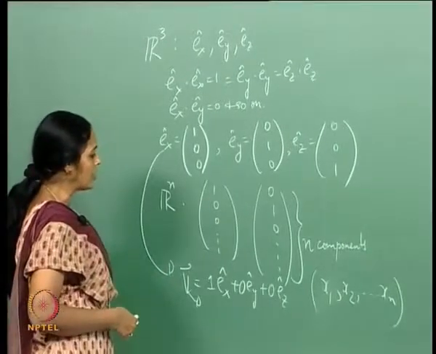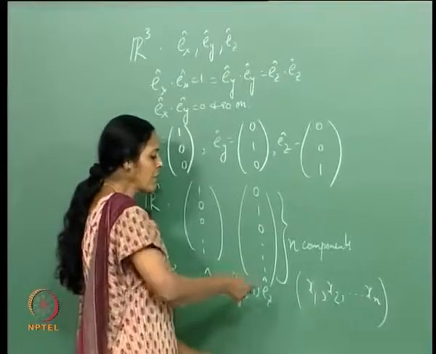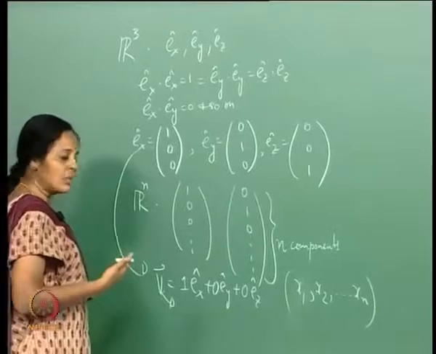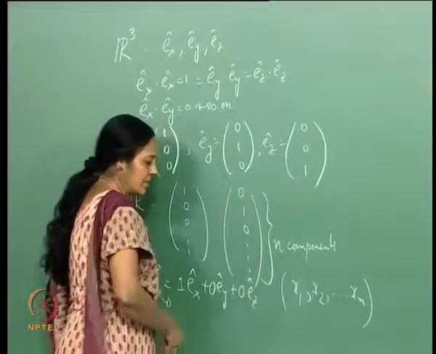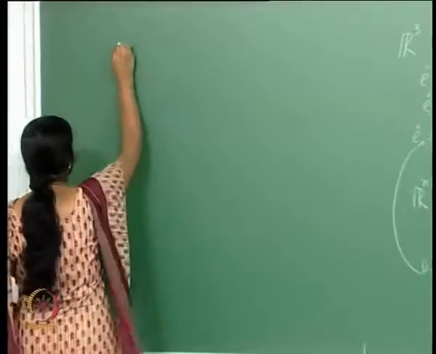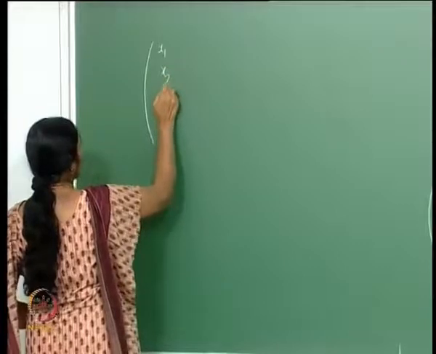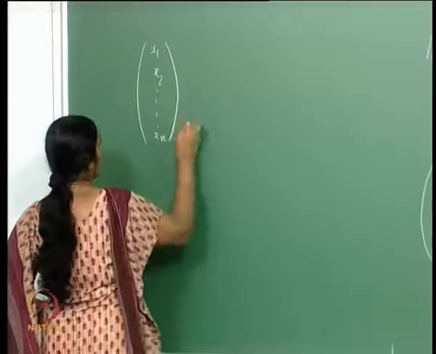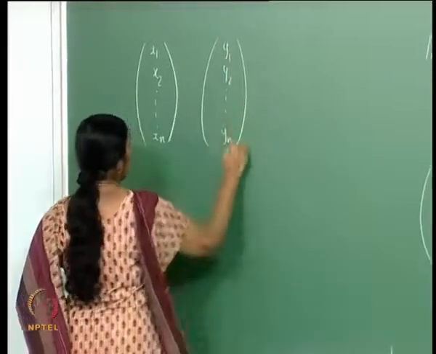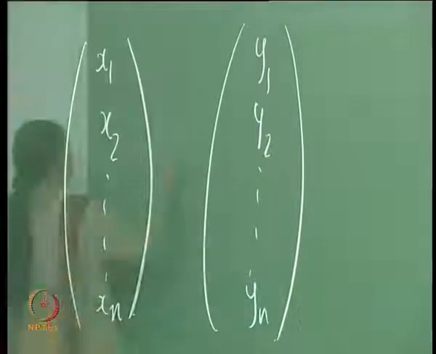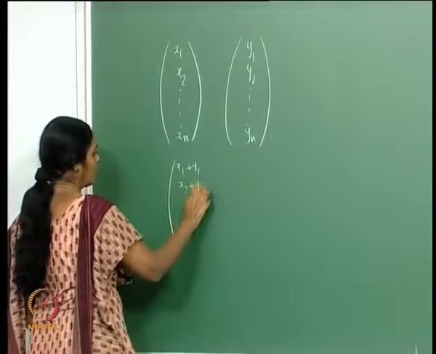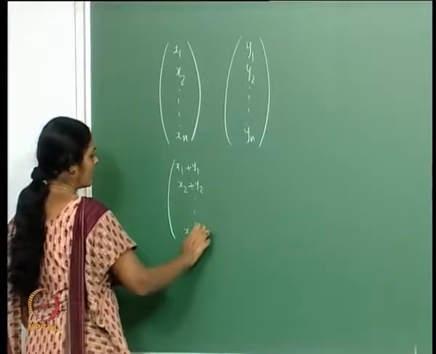I can now extend the concept further. Instead of having x1, x2 to xn, I can talk of the entries being complex. How would I define addition here, for instance? If I have the column x1, x2 to xn and y1, y2 to yn, how do I add these vectors? When I add them, the resultant would be x1 plus y1, x2 plus y2. So, there is a component wise addition,